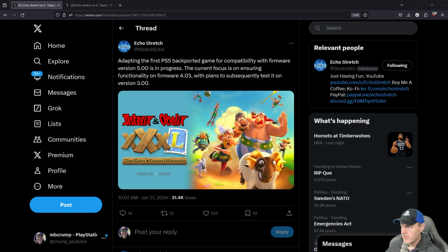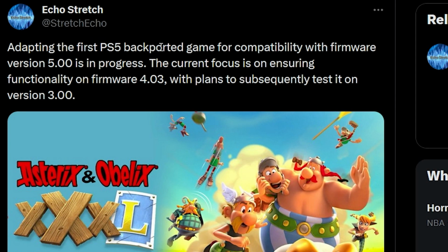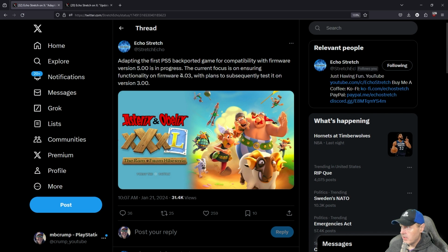So it begins with this tweet over here from Echo Stretch saying, adapting the first PS5 backported game for compatibility with firmware version 5.00 is in progress. Says the current focus is on ensuring functionality on firmware 4.03 with plans to subsequently test it on version 3.00. Version 4.03 for the PlayStation 5 is what a majority of the developers and the folks that are working on this